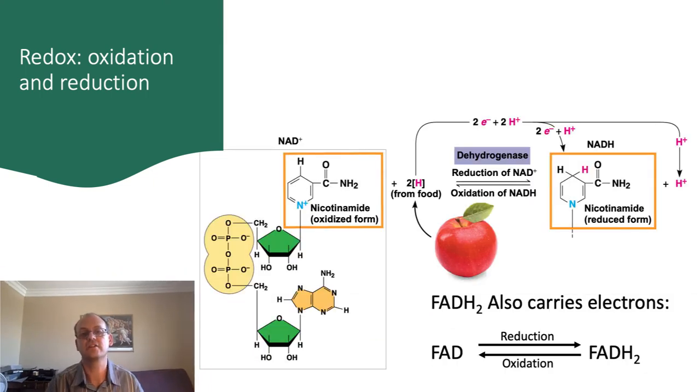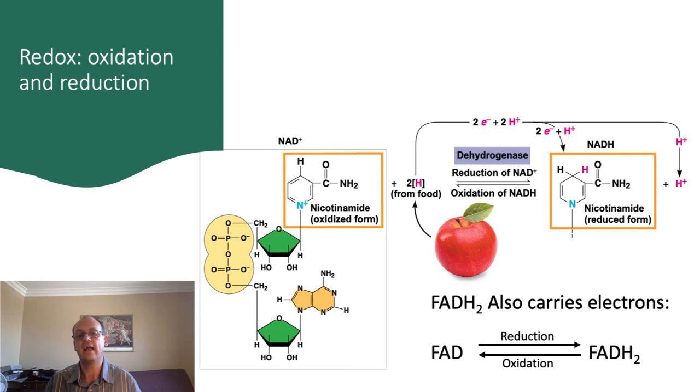Let's look at redox reactions in the context of cellular respiration. When you eat food, electrons are taken from the food and transferred onto a chemical called nicotinamide adenine dinucleotide, or NAD+ for short. Two electrons and one hydrogen nucleus are added to the NAD+ to form NADH, and the other hydrogen ion is added to the aqueous surroundings. You can see here where that positive charge comes from. It comes from the nitrogen atom in the NAD+.